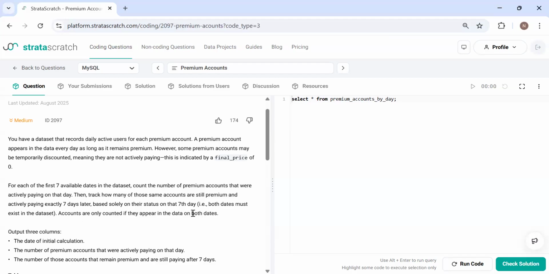Okay. So what we have to do, we have to find out that for the first 7 available dates, how many premium accounts were there that were paying on that day as well as on the 7th day. And so this is what we have to do. We have to count basically the number of premium accounts that were actively paying on a particular day, and find out how many of those same accounts are still premium